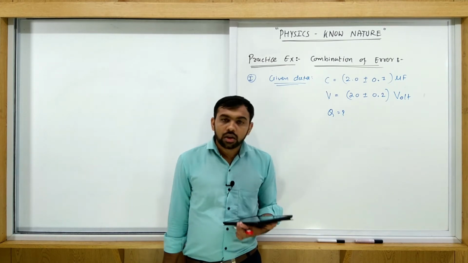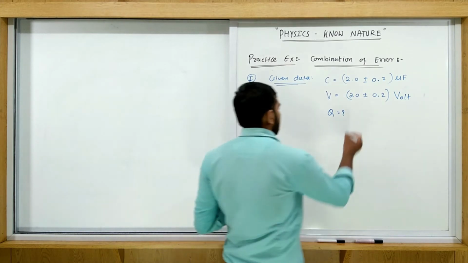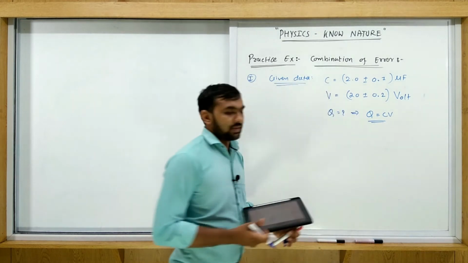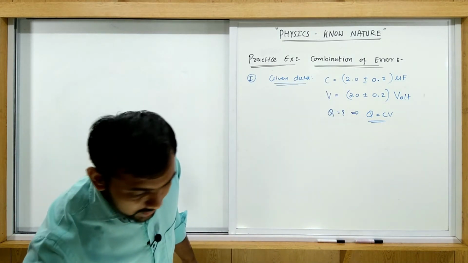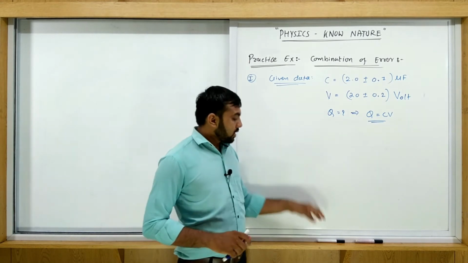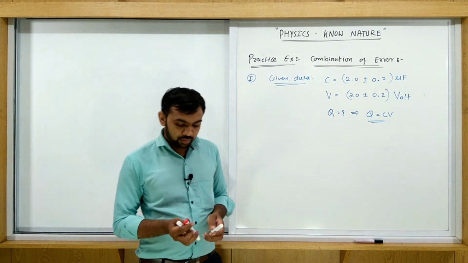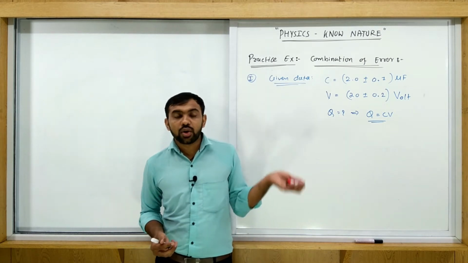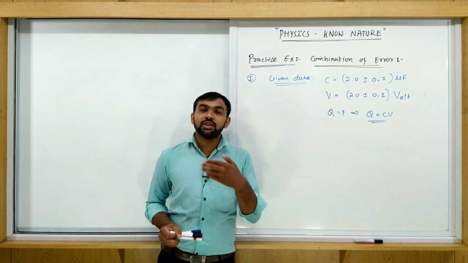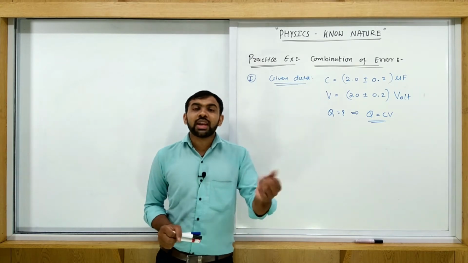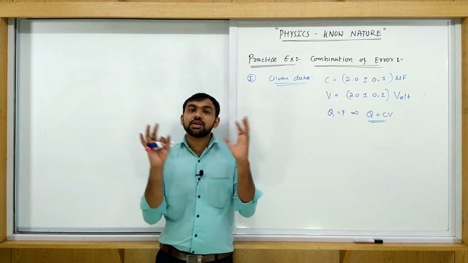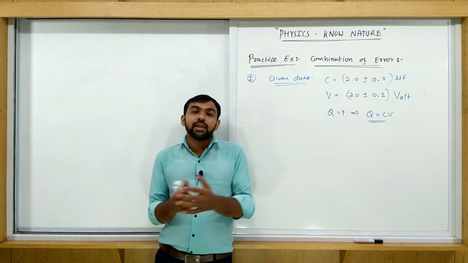Use Q is equal to CV. Very good example actually. Okay, this type of example is mostly asked in examination. Here you write the answer of Q in a different form. You can write the answer of Q in terms of percentage, or in terms of mean absolute value. We just find all these values in this example.